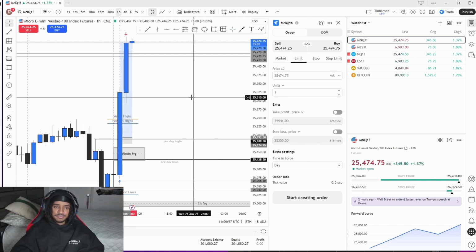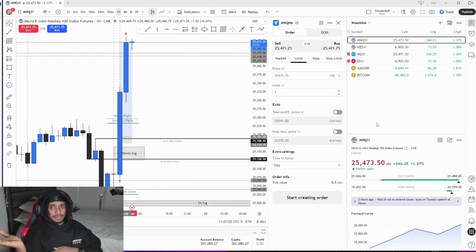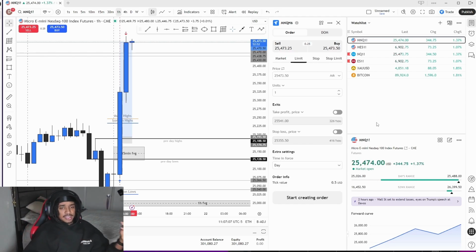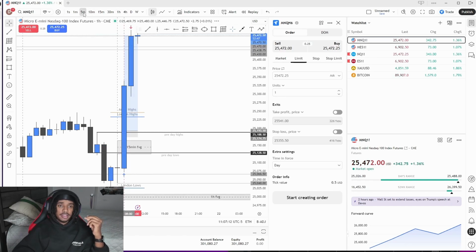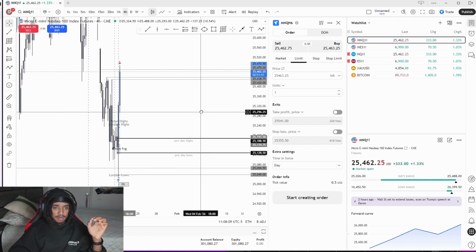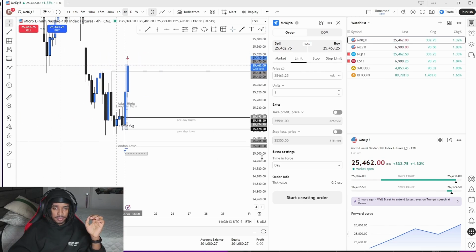But anyways, I'm gonna explain what happened on Nasdaq first, and then I'm gonna explain what happened on ES, why I decided to stay in the trade on ES. But on Nasdaq, this was a clean setup for me. What happened today? Let's start off with this. But basically, what happened today is on the 4 hour, what do we have on NQ?